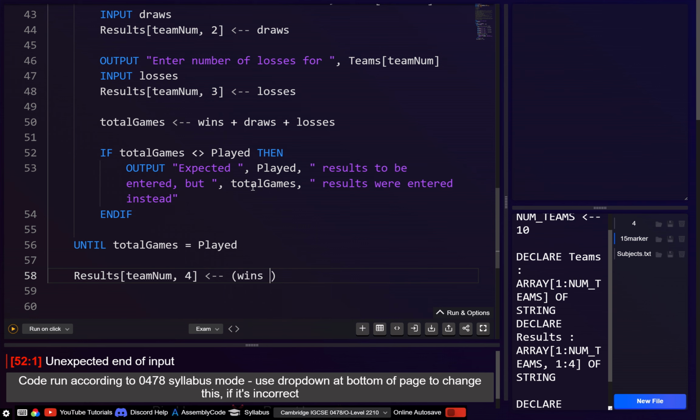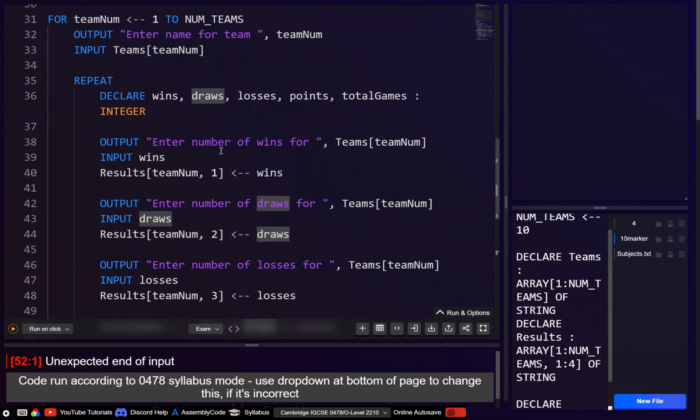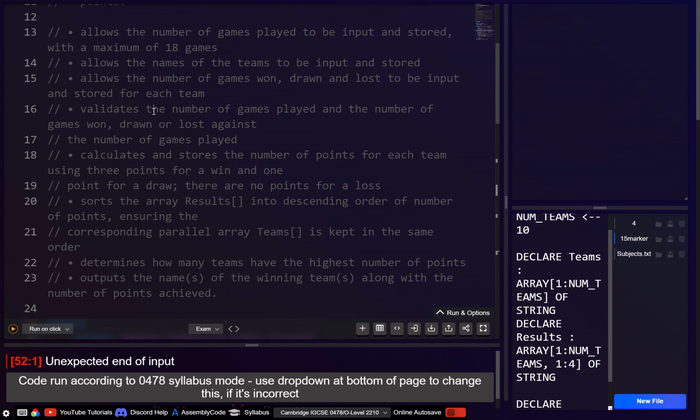And remember what it says, wins is going to be times 3, right? Then of course we just want to go plus draws. I guess we don't need to multiply by 1, because that's redundant. The losses we also don't need, because that's 0 points for a loss. So here, we validated the games played, we've calculated the number of points, and now